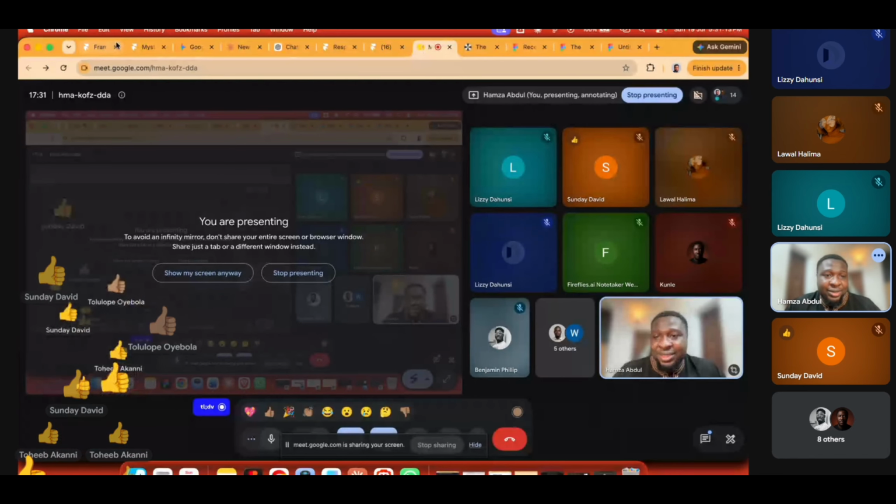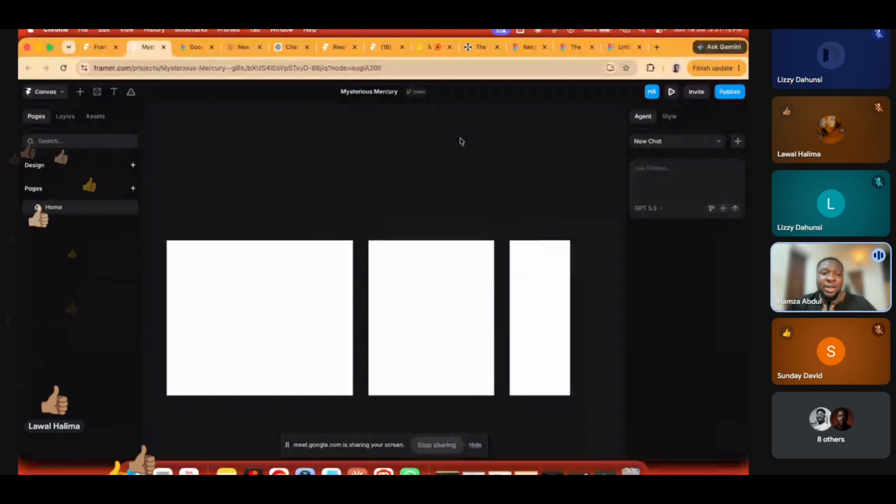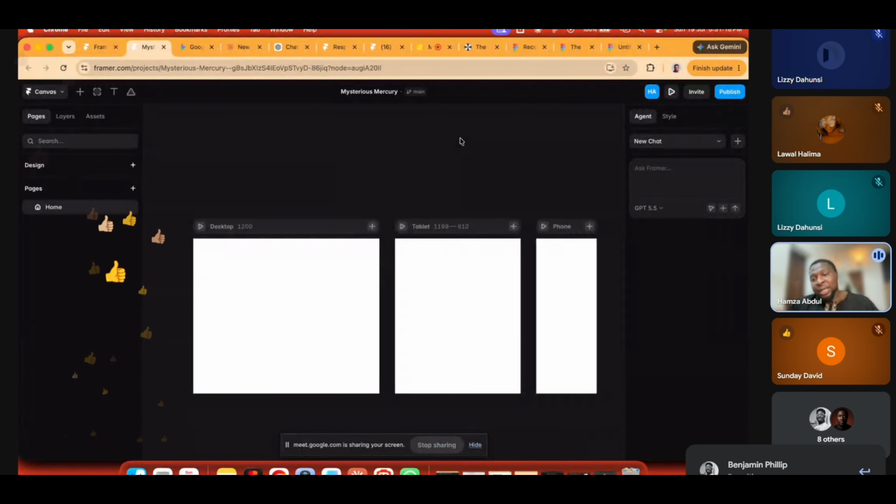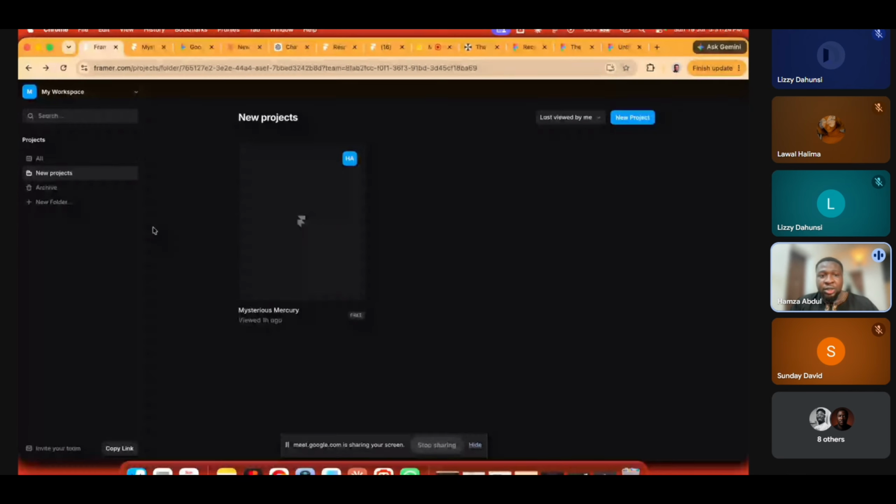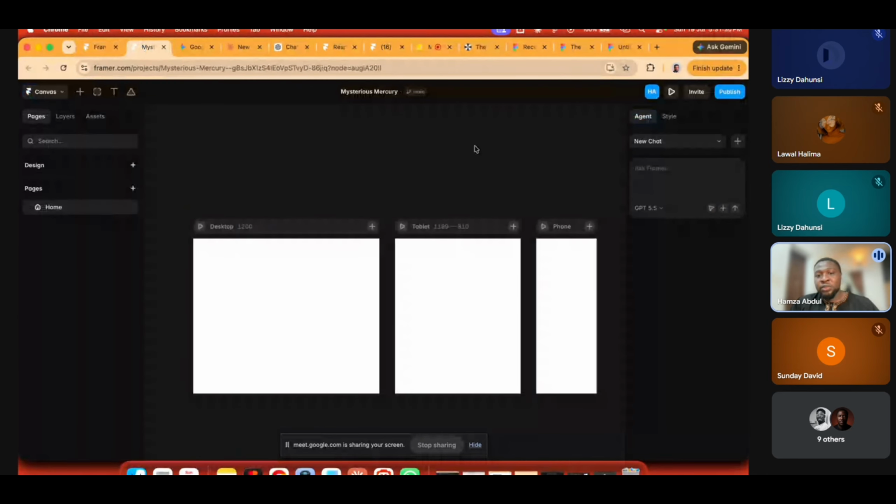All right, great. So now this is the Figma canvas. This Figma canvas did not come out of thin air. You have to create a Figma account. When you have a Figma account, you have an environment like this. Then you click on new projects, and Figma will automatically create a project for you. You give it a generic name like this, so you have to edit the name. So this one now I can name it maybe colors. There's a colors portfolio.